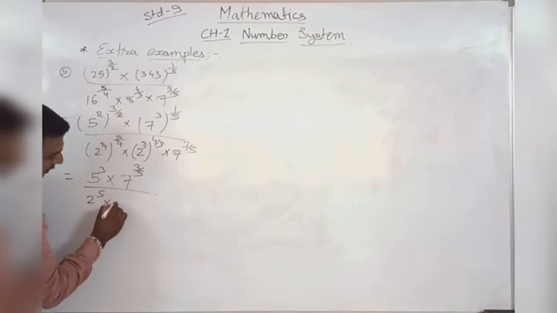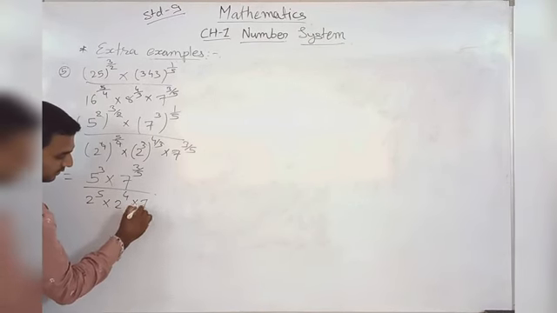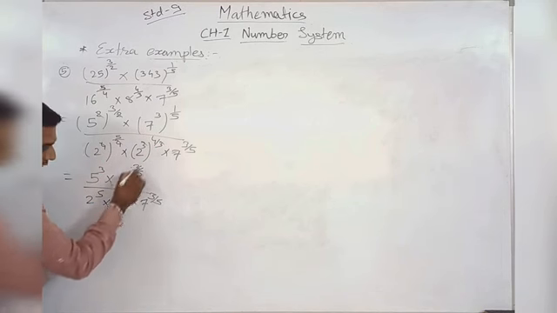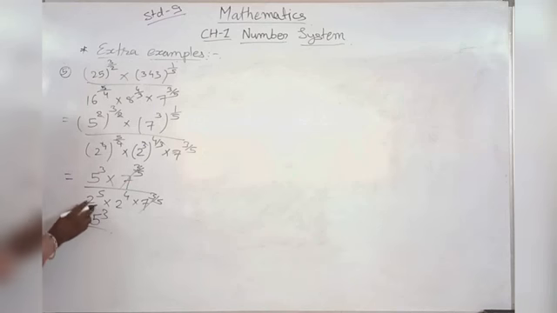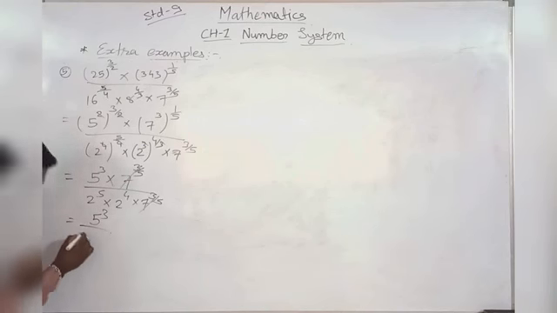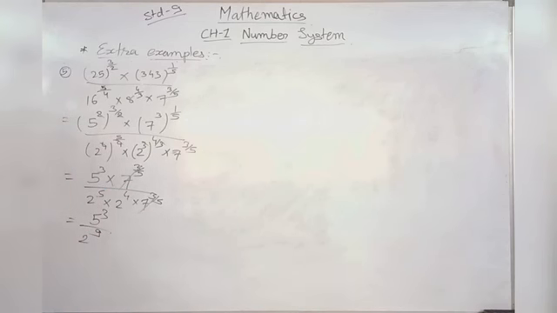Multiply 2 raised to 4 power. Multiply 7 raised to 3 upon 5 power, so we know that these both are cancelled. So 5 raised to 3 in the denominator, this is 5 and this is 4, so that's why we can write that 5 plus 4, that is 9 power. Clear? This is your answer.